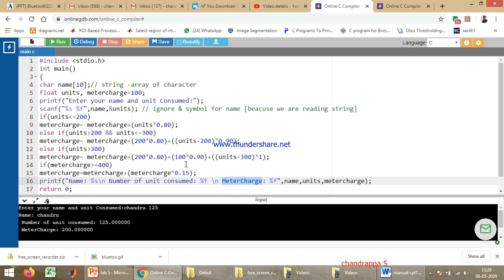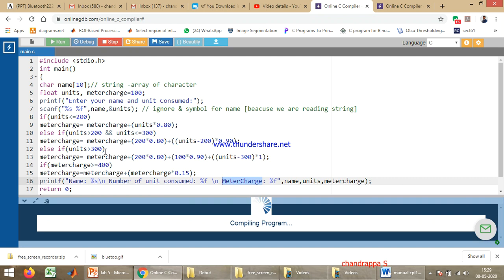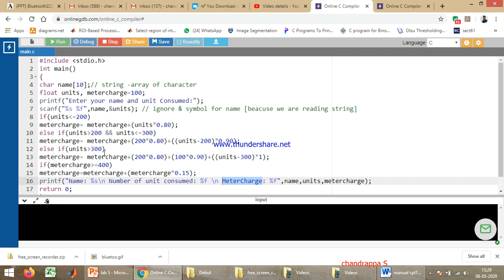Now we'll run the program. Click on run. It asks for the name and units consumed.